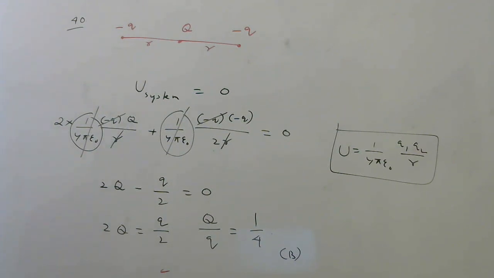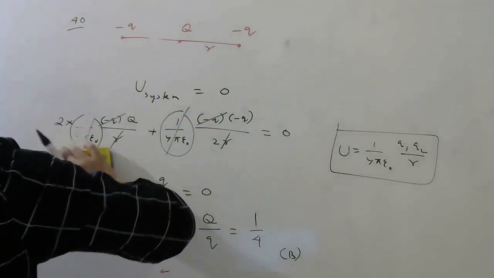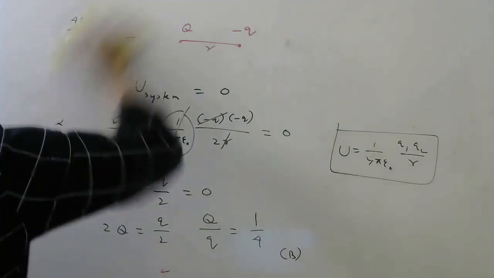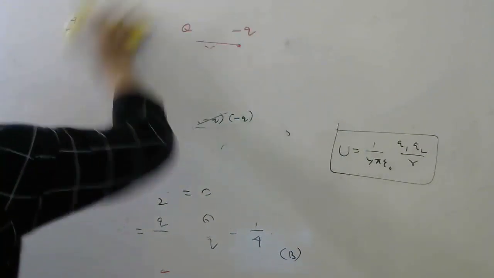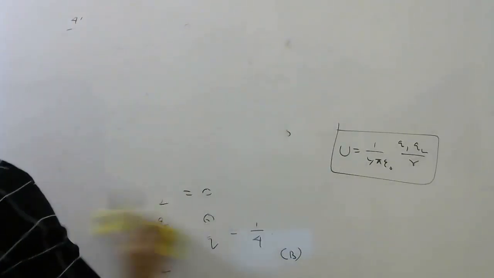Two equal charges of magnitude capital Q each are placed at a distance b apart. The electrostatic energy is capital E. That simply means potential energy of the two charges. So the electrostatic energy is capital E, they are saying, we write U. A third charge minus q by 2 is brought midway between these charges. The electrostatic energy of the system will be how much?